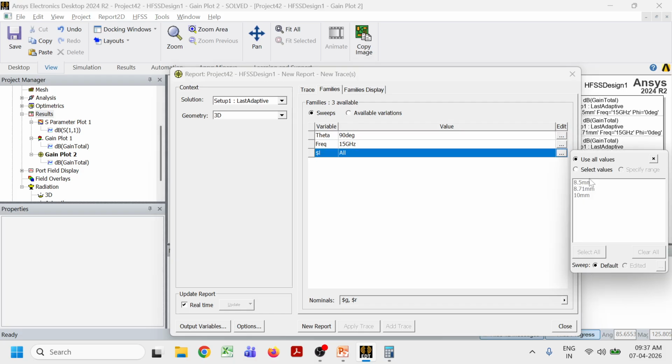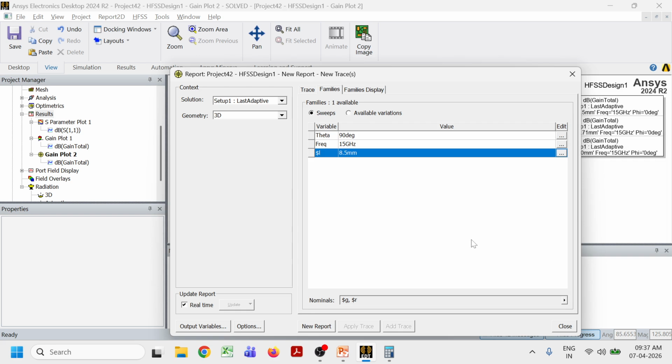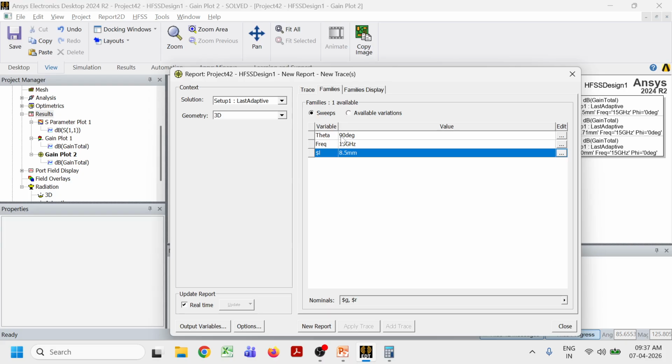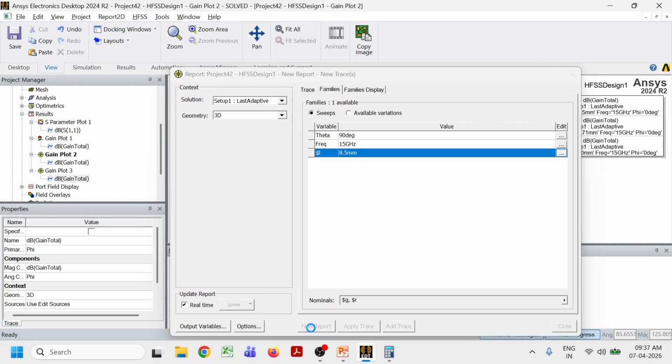Our frequency of interest is 15 gigahertz, so the length is 8.5 mm. See here, the complete angular axis is going to be phi right now. Basically, all the values of phi equal to 0, 1, 2 like that till 360 degrees, but at theta equal to 90 degree plane. So when you click new report,